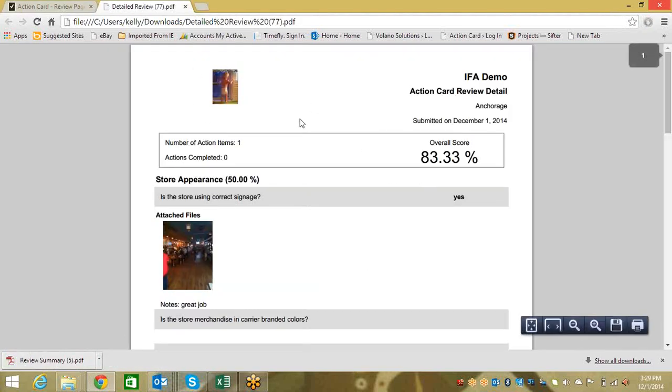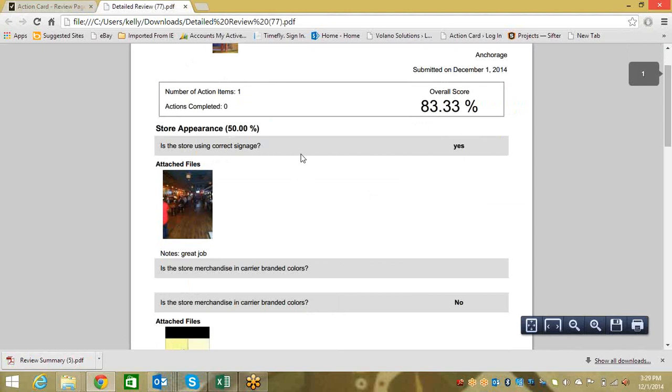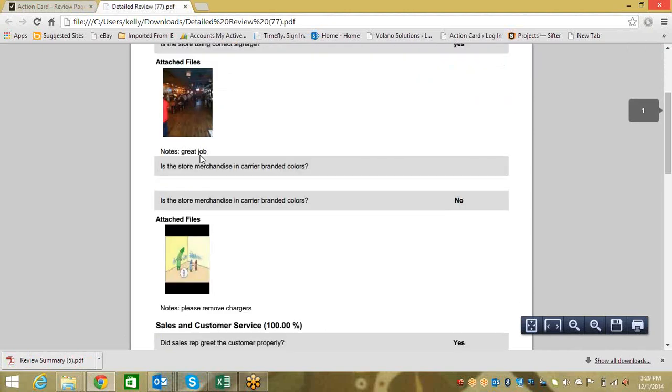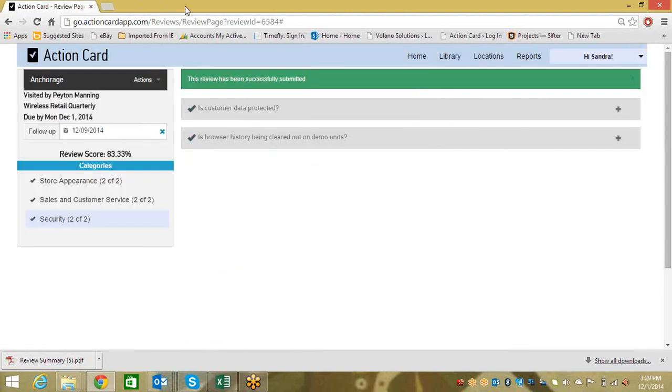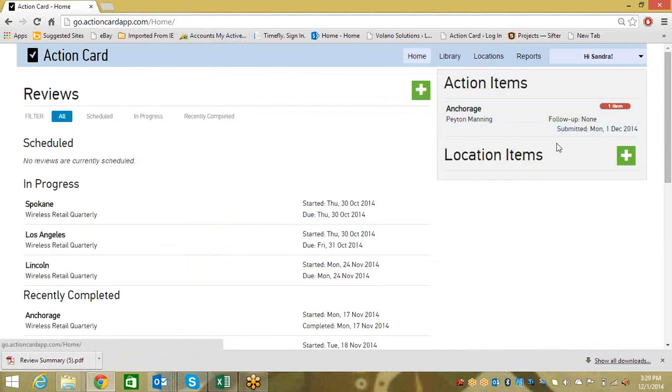It'll have his logo on here, his scores, the score by category, notes, integrated photos. It really tells the story of that visit. And this is the accountability piece. When Peyton goes to his home screen, he is going to see that he's got one item in Anchorage that's